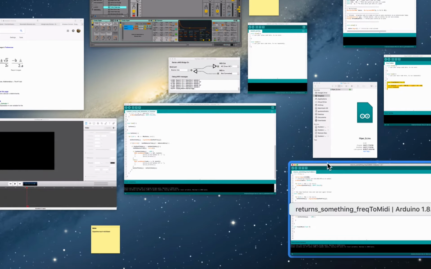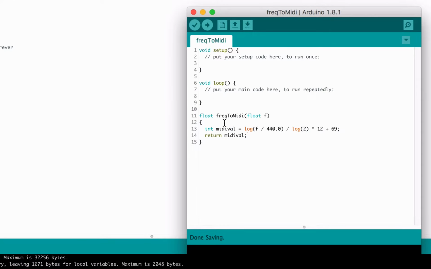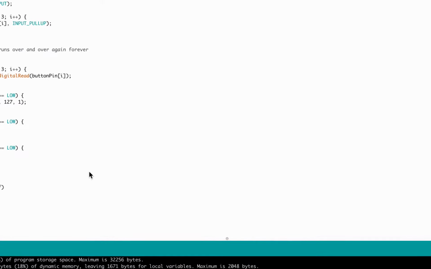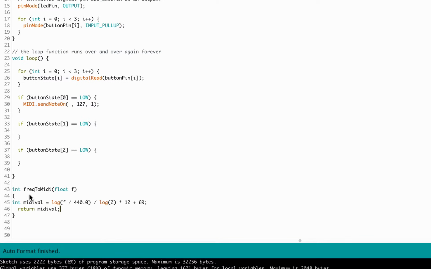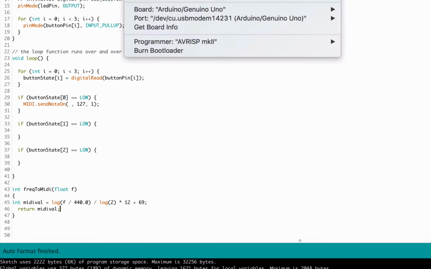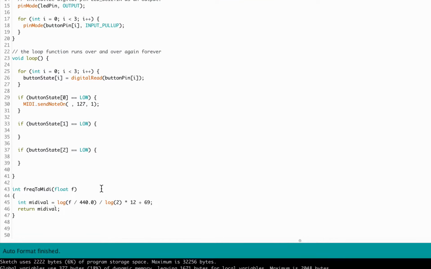Luckily, we can find this on the internet. So the formula actually is this. And I will just copy it and you will understand, kind of at least. So looking on the internet, I can find the formula for transforming frequency into MIDI notes, and I also can find MIDI note to frequency. And in this case, for example, the formula is this: